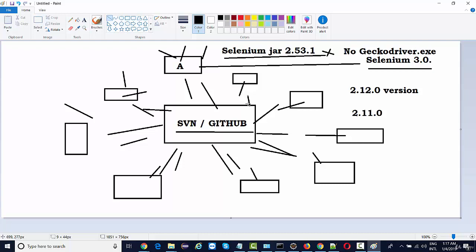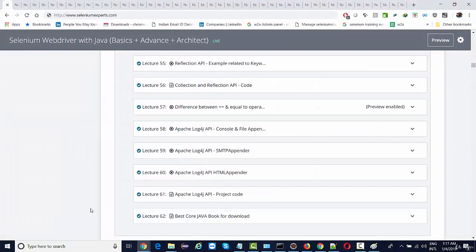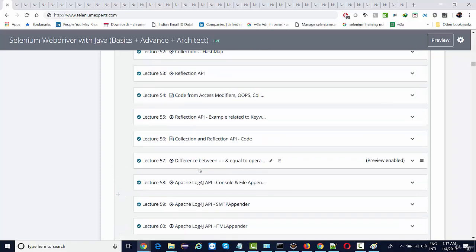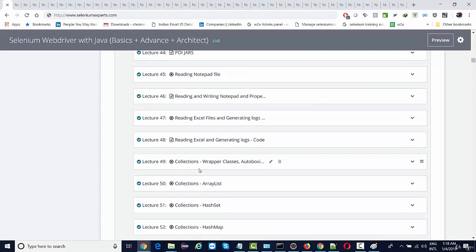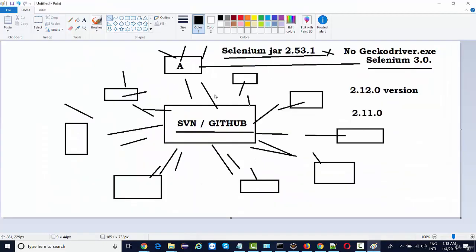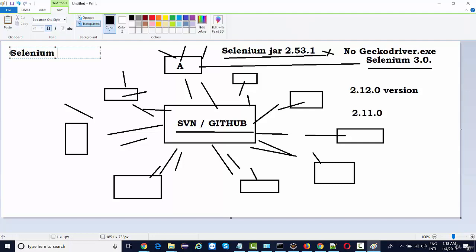But this is about one single jar file. Now, what if we have already gone through the Java sessions, right? You may have seen that we have used Log4j. We have used Apache POI for reading Excel files. These are different Java projects. Selenium is a Java project. Selenium has a version 3.141.59.